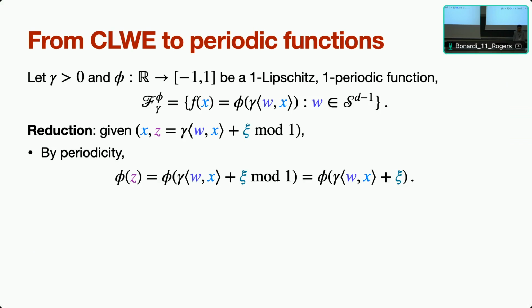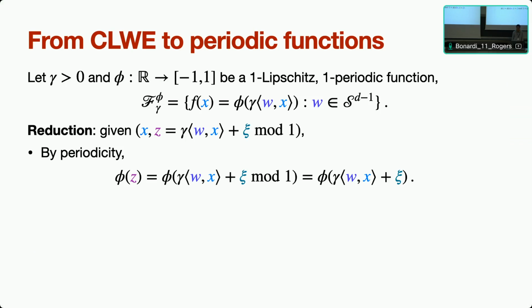So you can see that the hardness of CLWE already almost gives you some hardness on learning periodic functions, because if you look at this last term, phi of gamma times inner product of w and x plus noise psi, then this is almost the same as the